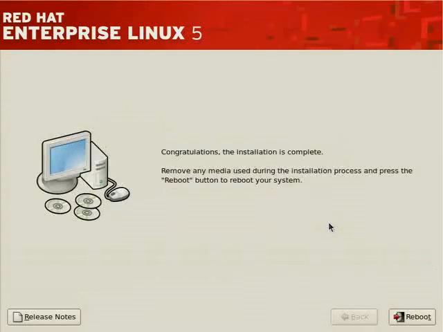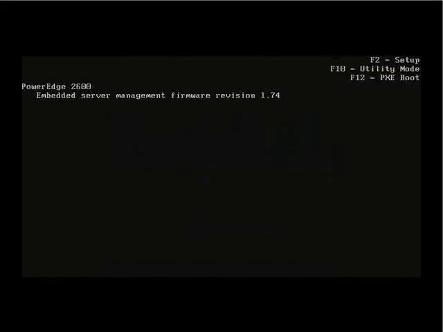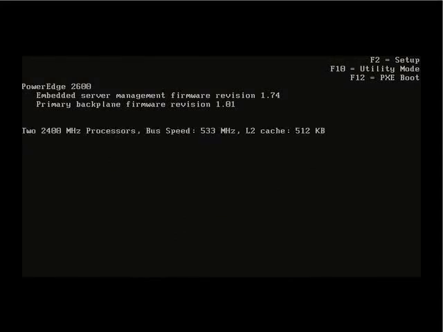So let's move forward with rebooting. We'll be up momentarily. Let's ensure that the CD-ROM isn't in the drive so it doesn't boot the installation program, but rather boot from the hard drive,